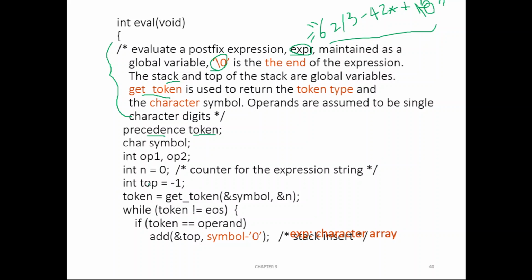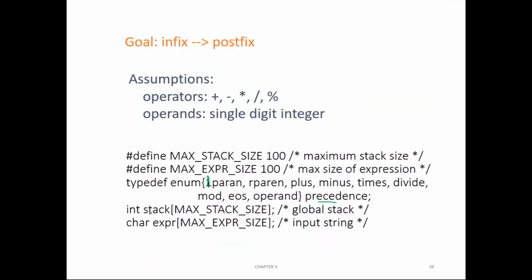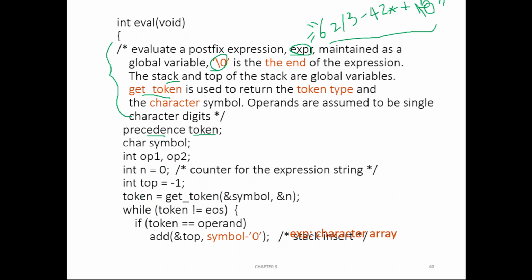And we have created a stack. Here you can see it's just an array. We are using only arrays for the stack, not structures, let us make things simple. So we are going to use this array as a stack with maximum size of 100. And initially top is -1 because the stack is empty. Now listen carefully: getToken(&symbol, &n). getToken is a function, and you are passing two addresses to it: the address of symbol and the address of n.